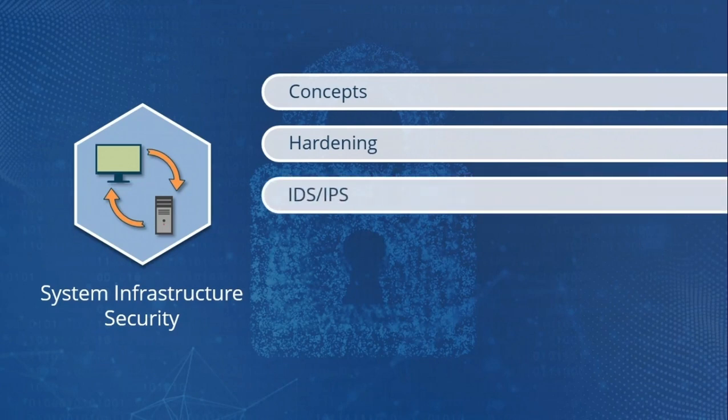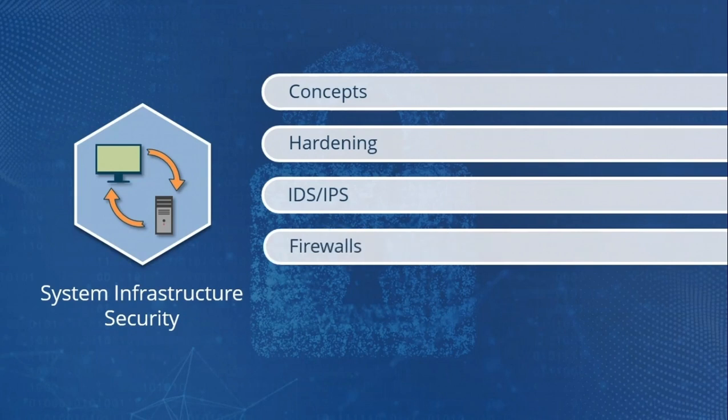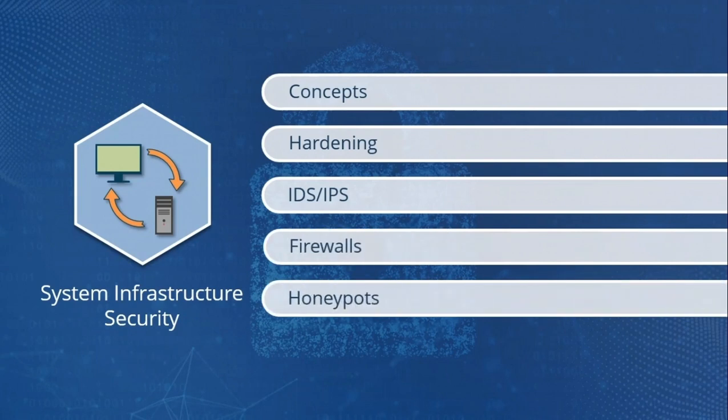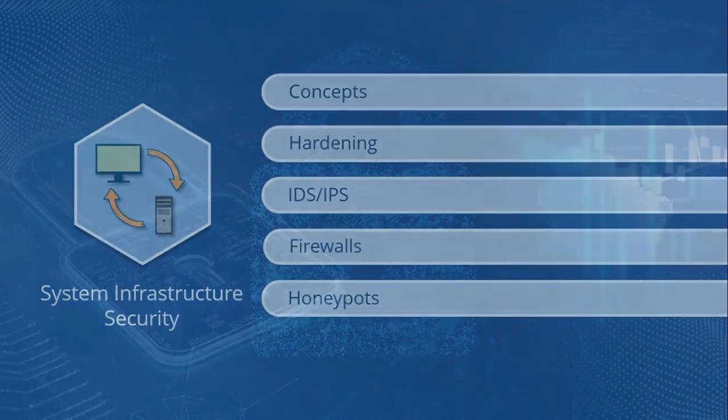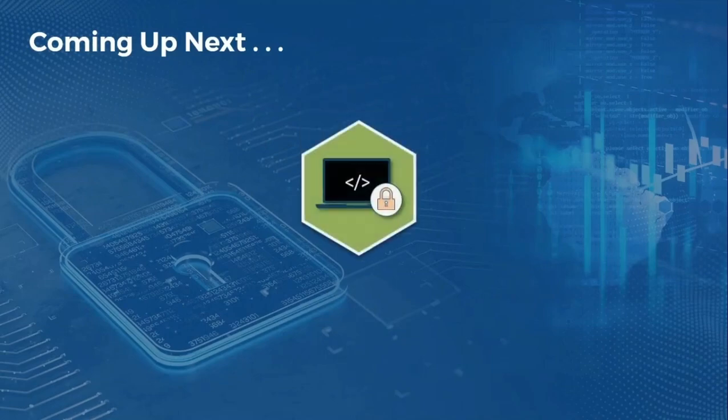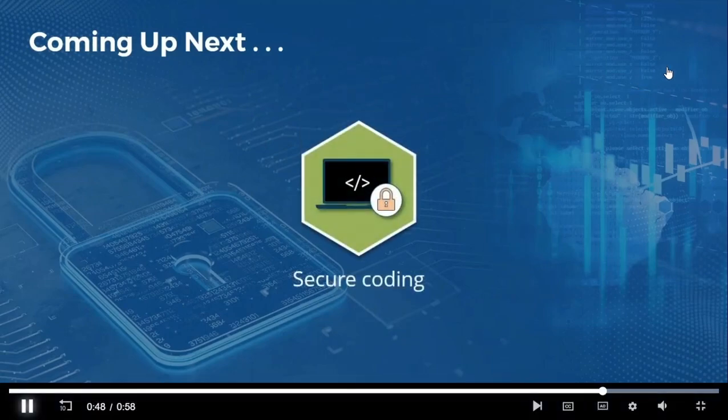We looked at intrusion detection and intrusion prevention systems. We explored firewalls in a little bit of depth. And we introduced you to honeypots. All of these are fundamental things that will make your network far more secure. Securing your infrastructure is critical to having a secure system. Now, coming up next, secure coding, which is another integral part of